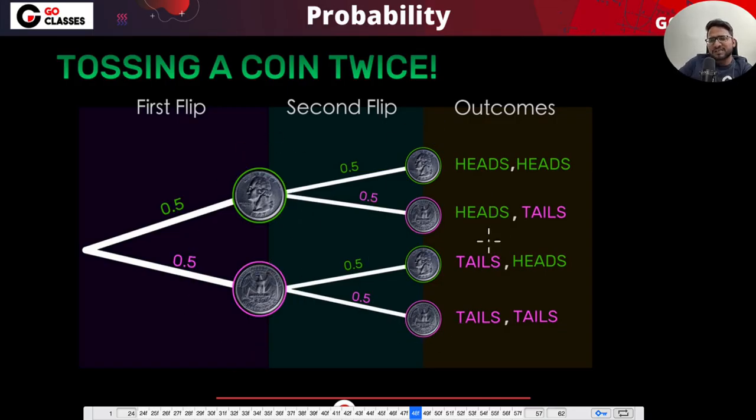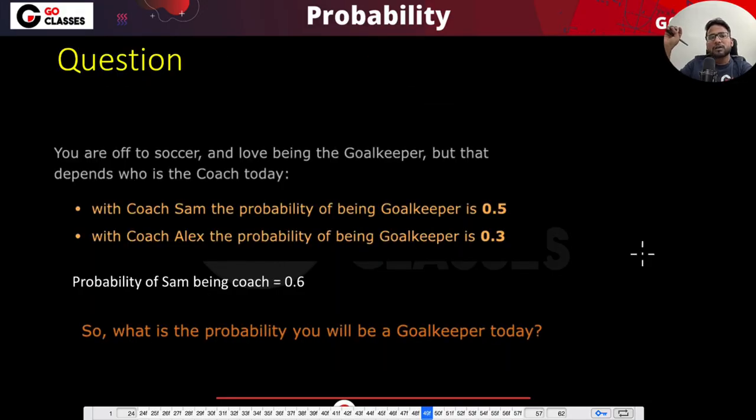Now let's just see more examples, and then we will be doing the questions. After that we will be doing all of the GATE previous year questions just using this tree diagram, and then you will be more comfortable with this tree diagram. Okay, so let's just directly jump into the first question, and then we will be solving this conditional probabilities question